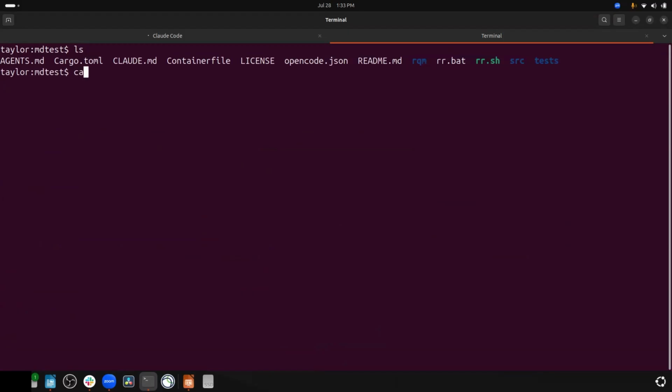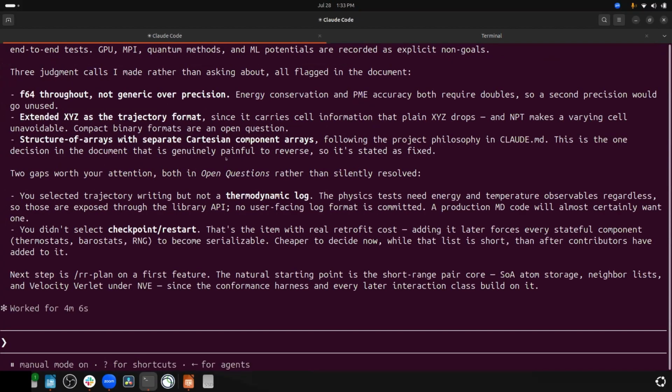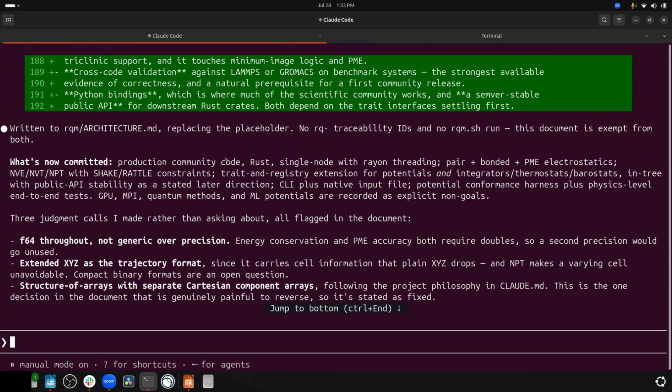But I just want to show you something. So there's a file rqm/architecture.md. This was created when we initially made the Riprap template. And this is just a placeholder. You can see it says it's a placeholder. This is the file that Claude is supposed to be updating. It'll take everything we've just talked about, all the decisions we've made over the course of this question and answer session, and it's going to